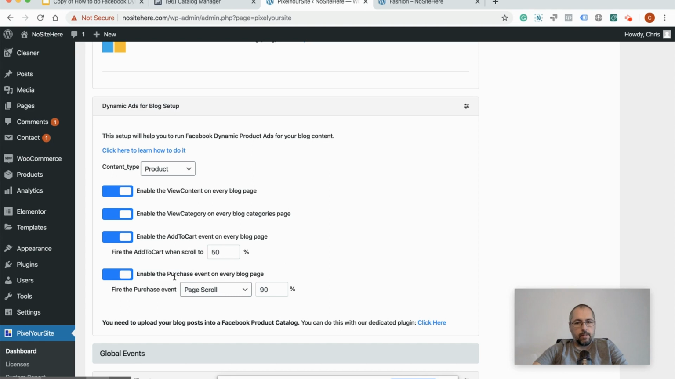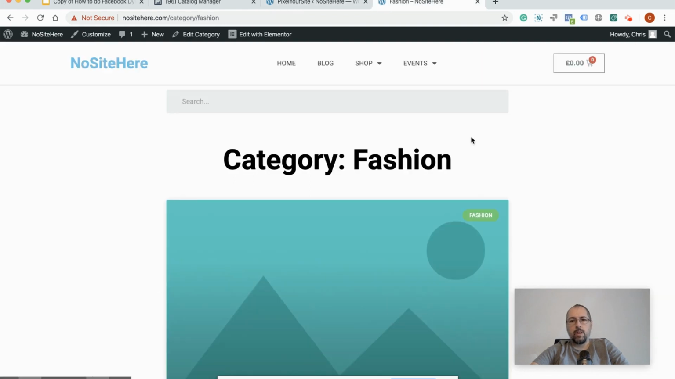And purchase, this is very useful, has a few triggers. Scroll, like 90% here, but also comment. So if you add a comment, you can fire this event. And click on CSS selector. Basically, you can say, if someone clicks on this element, this will fire a purchase event. I will show you this later on, but for now, let's see how the default triggers work on this demo